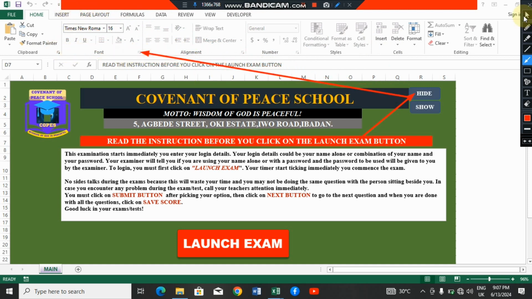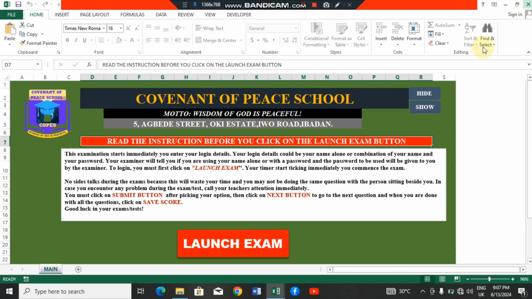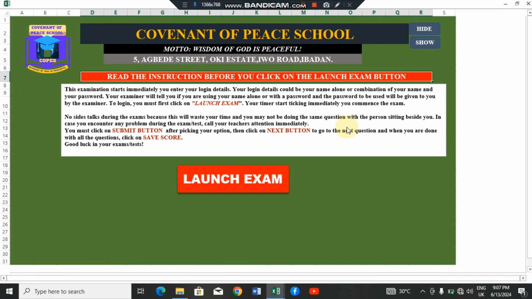We don't want them to see it. So we just click on hide to hide the tools. Can you see? Now it looks more presentable and beautiful. At this point, you can now hand it over to your students to partake in their examination, irrespective of the subject, and encourage them to read the instructions here.